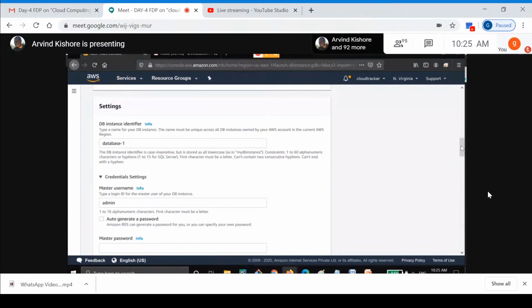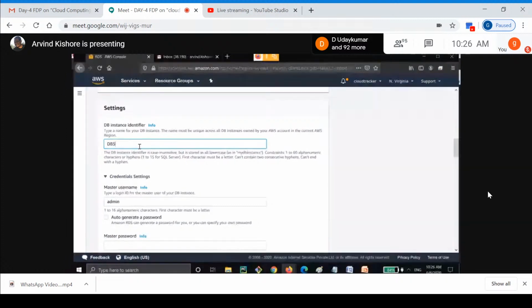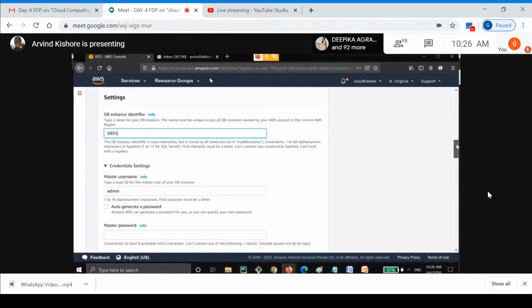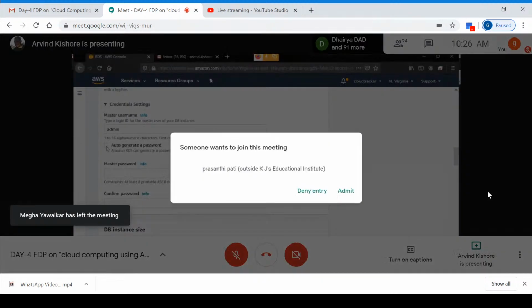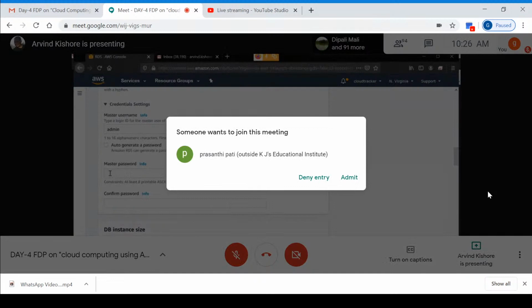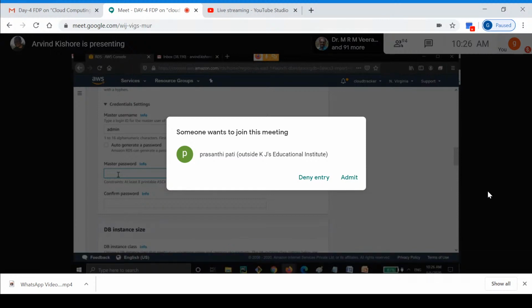Now, within your RDS dashboard, there might be many different database instances that you might be using, so we have to give it a distinct name. We can continue with this database-1, or we can just change it to something like DB5. You have to set the credentials. You can change the master username. You can go ahead and use the option to auto-generate a password, or else you can set your own password here. I'll continue with this master username, and using it we will be able to